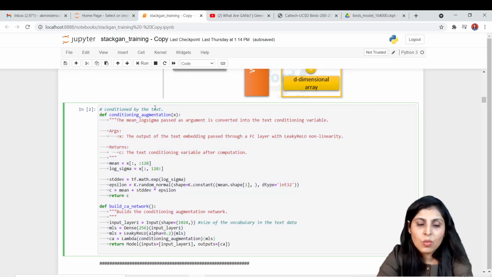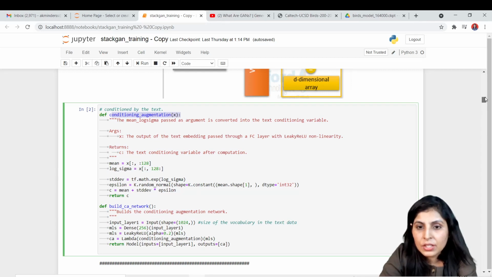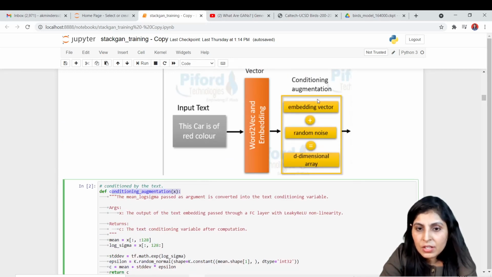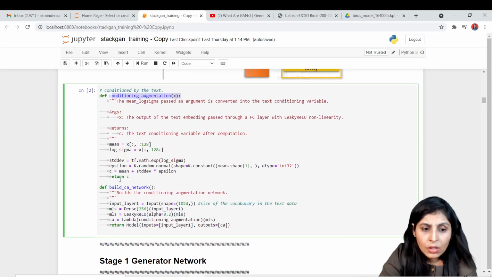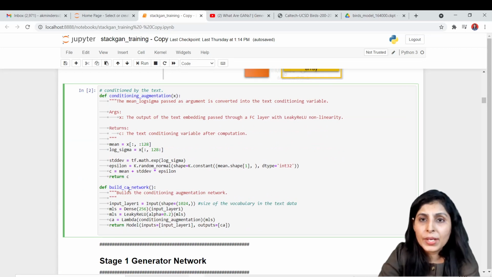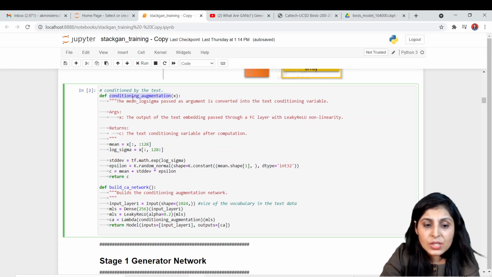Basically, what we have done is we have created one function with the name of conditioning augmentation, where we are performing this task. Then we are building a conditioning augmentation network. Basically, this function we will use in this particular network.